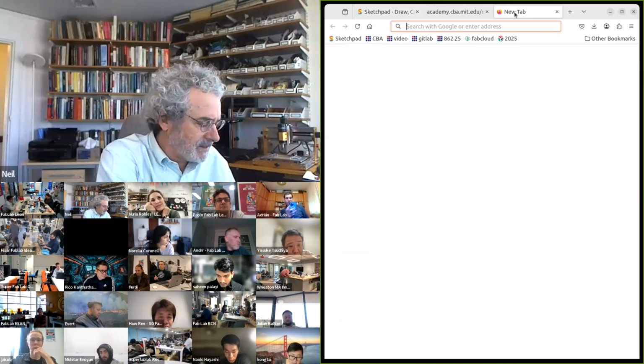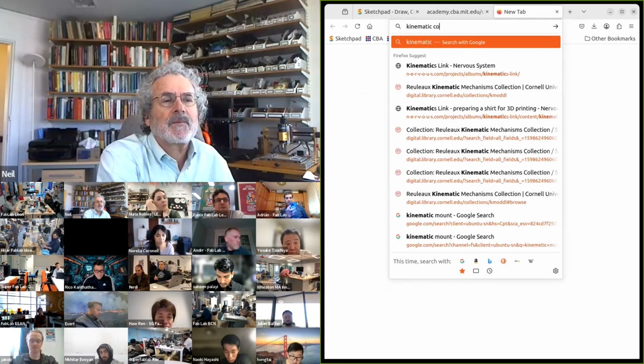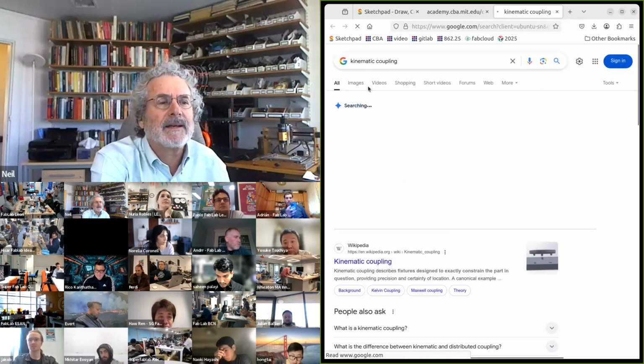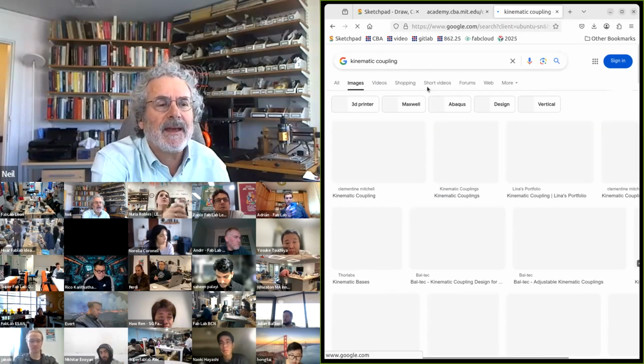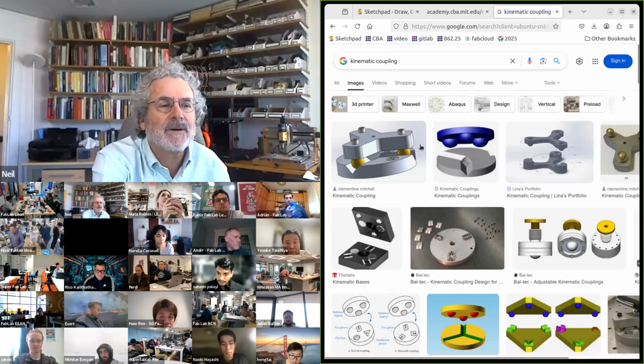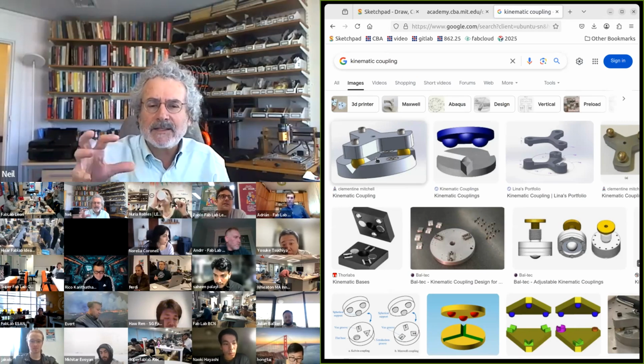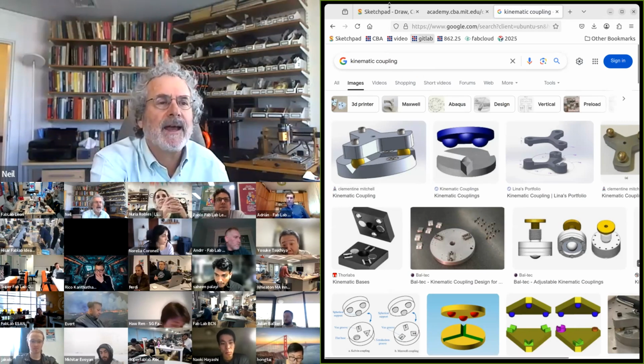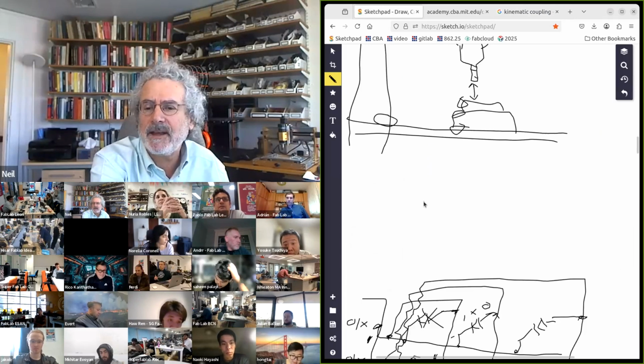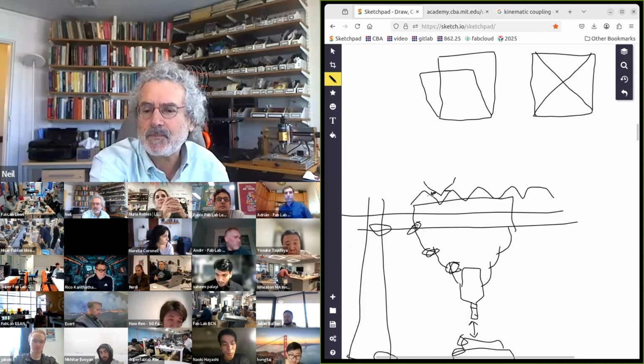A really handy concept is a kinematic coupling. And these are surprisingly subtle. So this image just looks like some balls and slots, but that lets you actually position something to micron accuracy. So what's going on there is